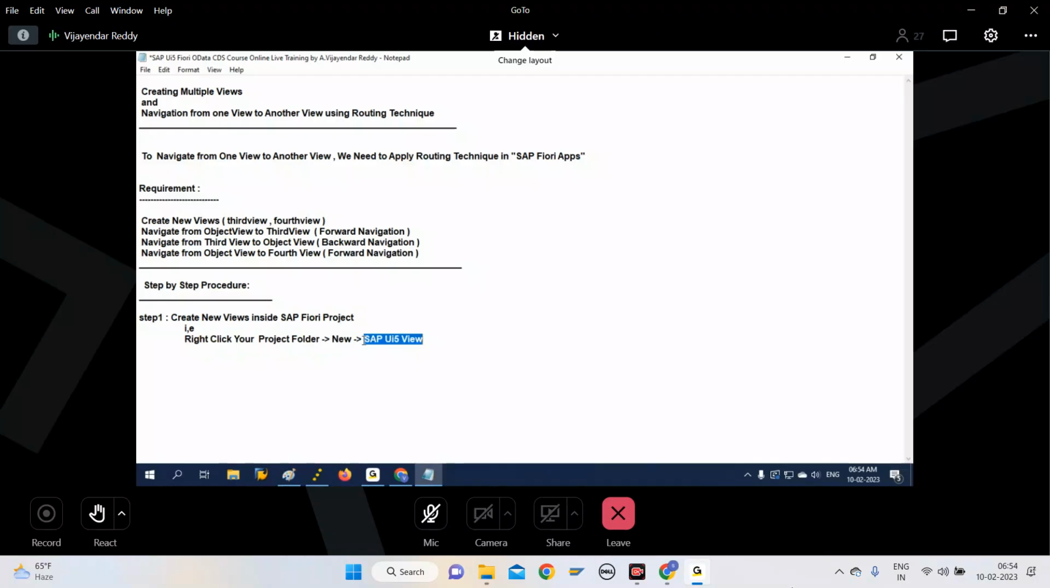Fiori apps also will use UI5 framework. So we call views as UI5 views. There is no such view like Fiori view. All the views will be basically SAP UI5 views internally. So provide view type as XML